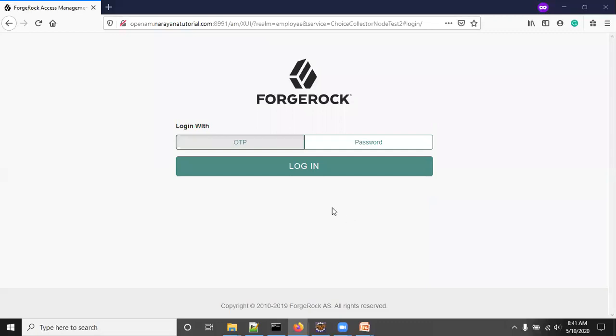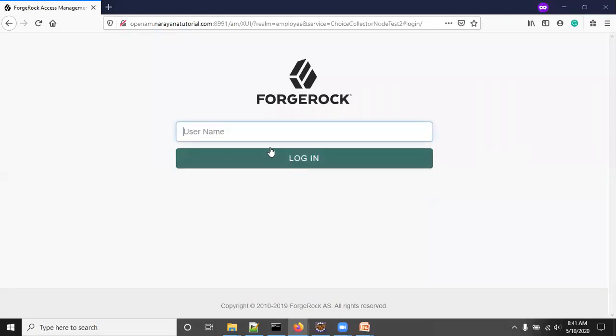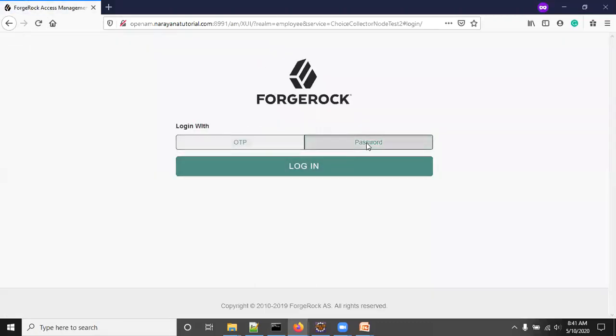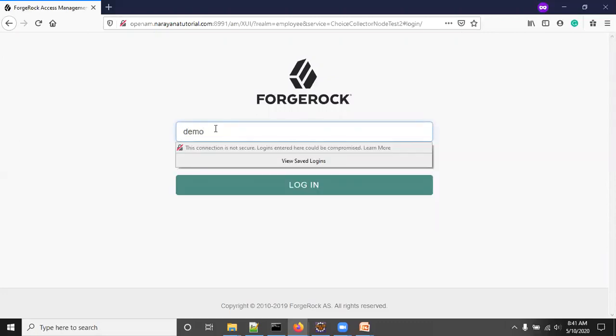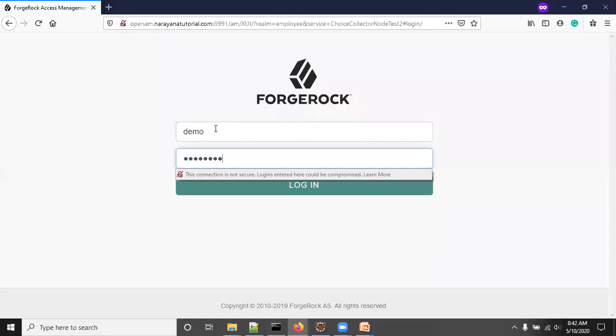It will ask for the username first. See, now it is asking for the username. Now first I will choose login with password. I'm clicking the login button. There is a user demo and I'm entering the password here.